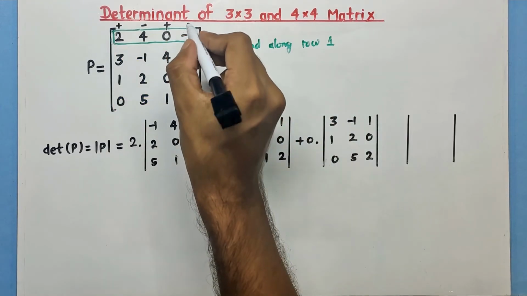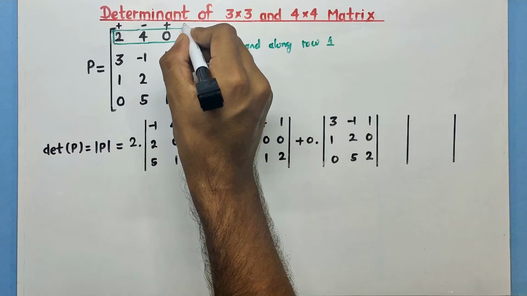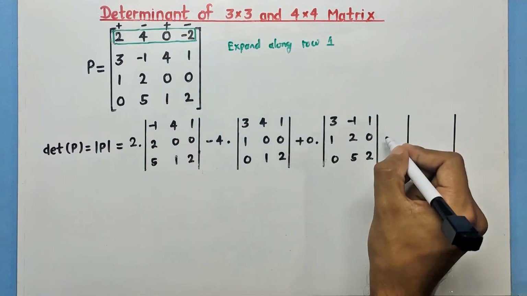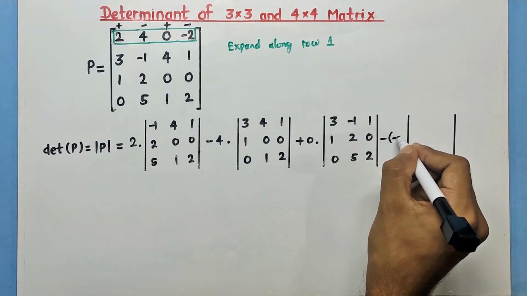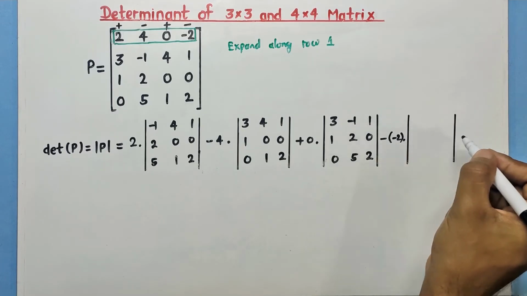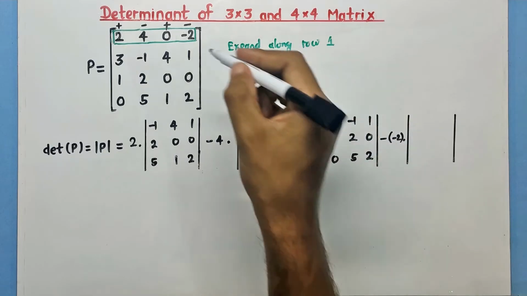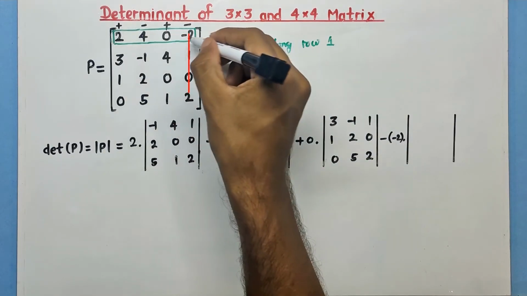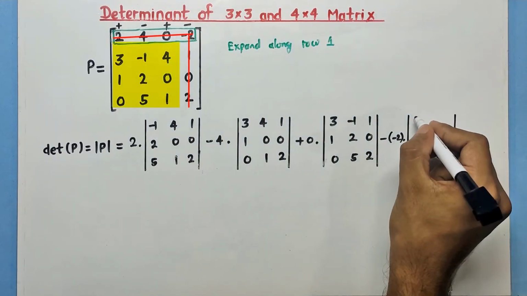And then we'll take the last element of this row with the negative sign. So we'll have minus times minus 2, and we have to multiply this minus 2 with the determinant of the matrix not having this column and this row. This matrix will be